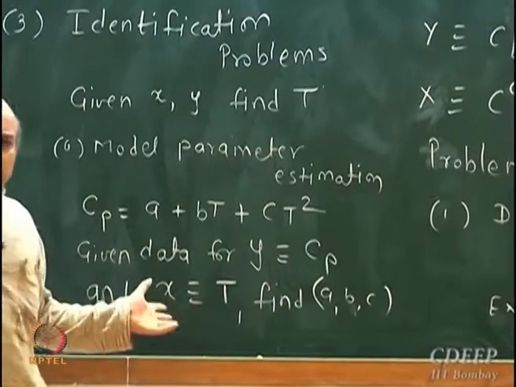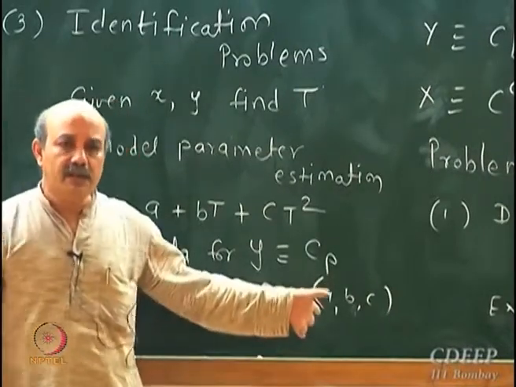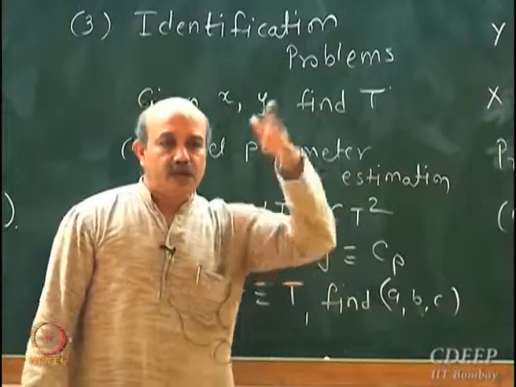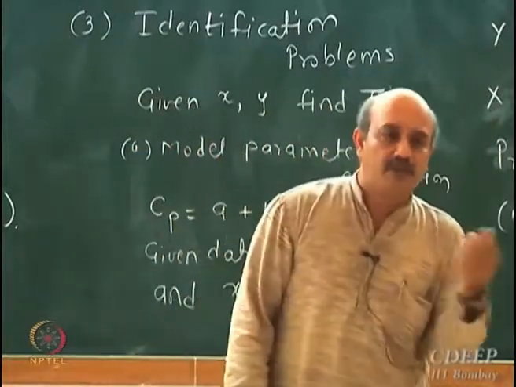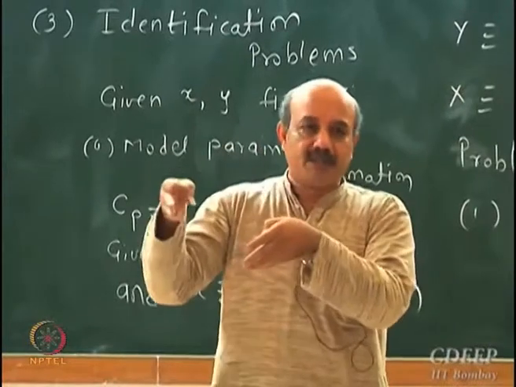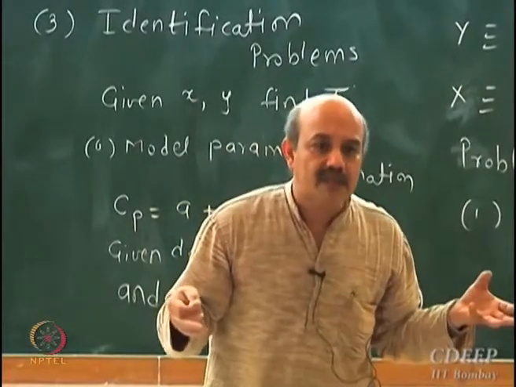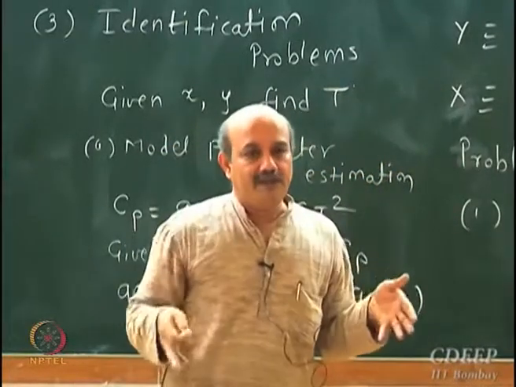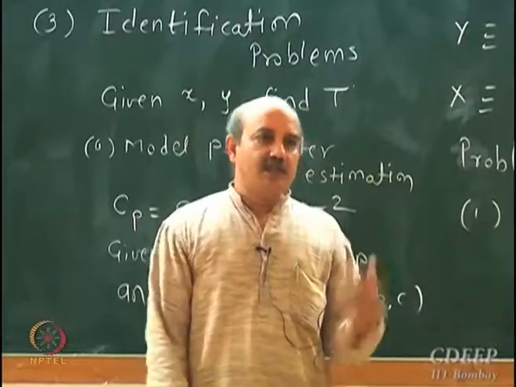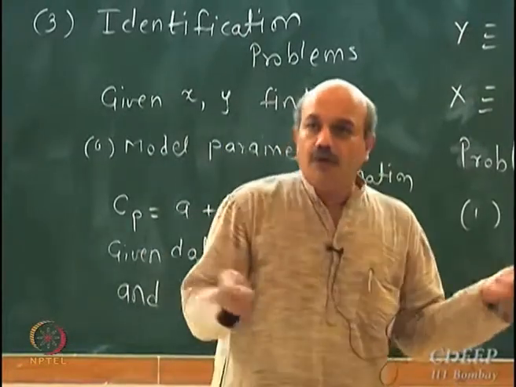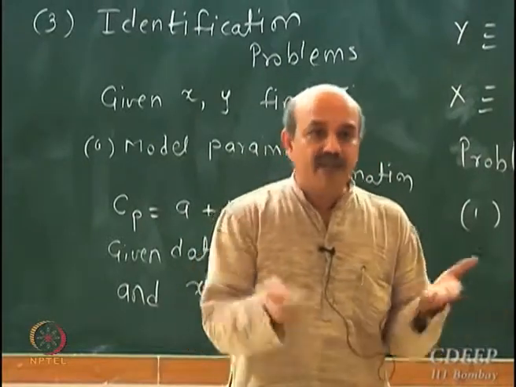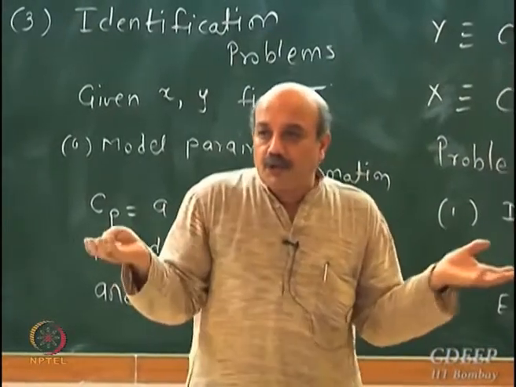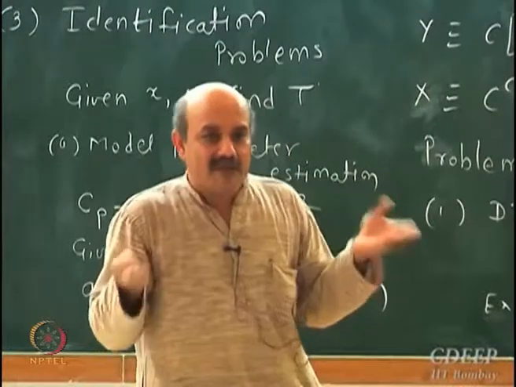parameter estimation problem. What are the other parameter estimation problems you have seen in chemical engineering? Rate expressions, reaction rate expressions. You have measured the rate of change of concentration of a particular species, and then you have a proposed expression. Okay, you don't know the parameters. You have rate values, you have concentration values, you want to find out the parameters of the rate expression, or you are trying to fit some thermodynamic correlation, a PVT correlation. You have data for P, V and temperature, and you have a proposed model, you do not know the parameters, you can estimate the parameters from data.